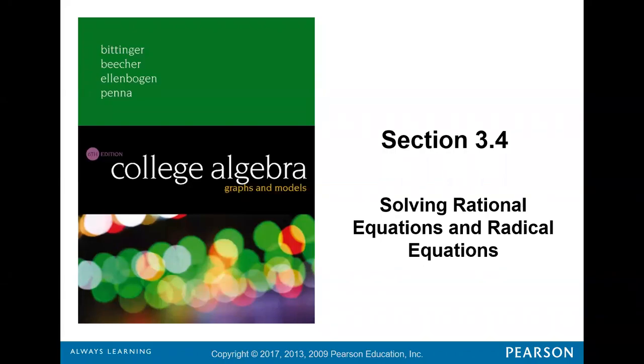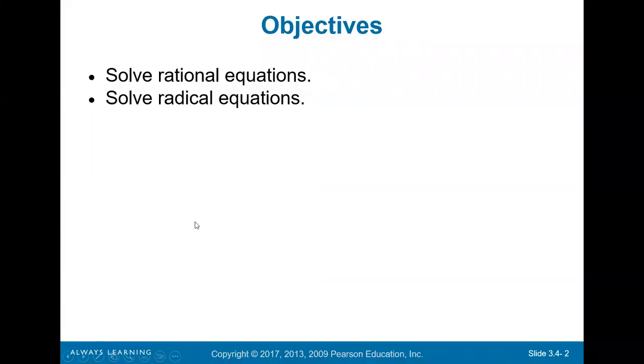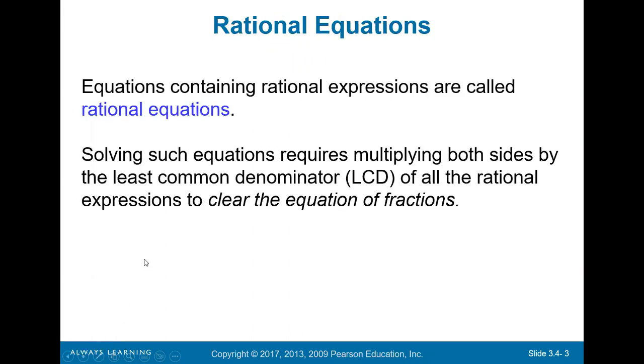Solving rational equations and radical equations. So our objectives are to solve rational equations and radical equations. Equations containing rational expressions are called rational equations. Solving such an equation requires multiplying both sides by the least common denominator of all the rational expressions to clear the